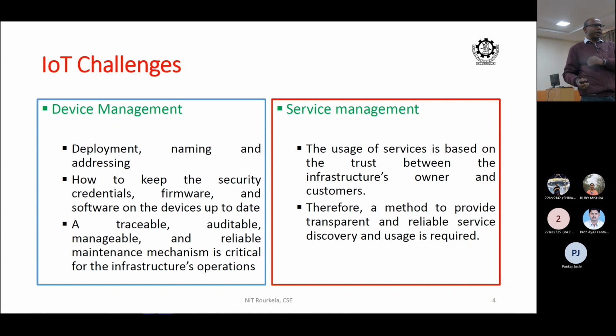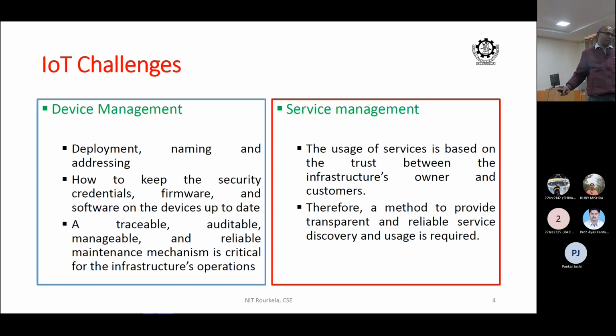There are two ways. Anyone can get into the IoT network and access the service, or you need to control the access. Now, if you have to control the access, that means the IoT service provider is controlling the access to the IoT network. When you are controlling the access to the IoT network, he is also providing security to it. That is the infrastructure security. Anybody cannot access the IoT infrastructure any way he wants. So he puts a security to it. That means managing the infrastructure. So he is controlling or managing the entire access to the IoT infrastructure. So he is providing security to it. The security is provided by the service provider.